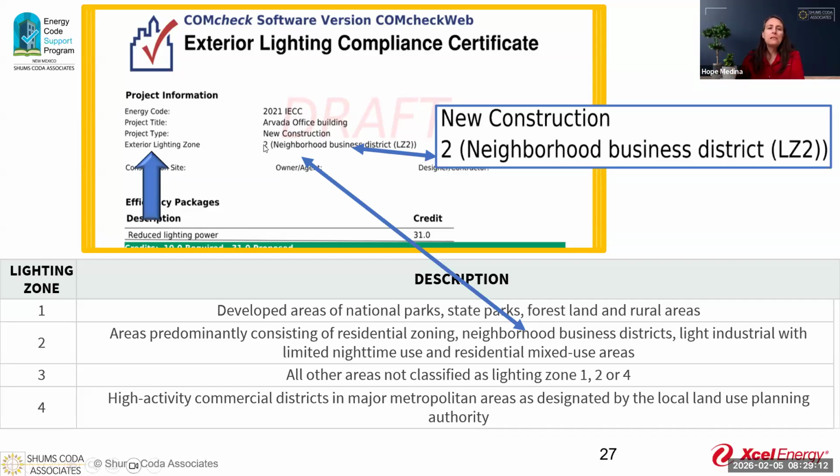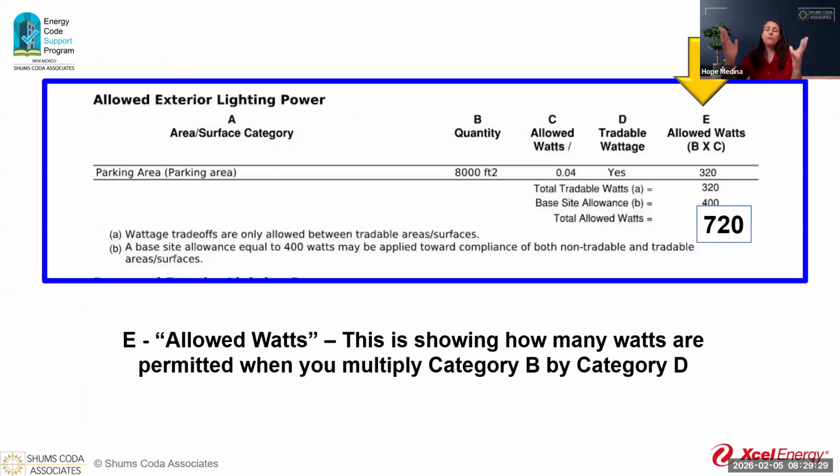So whatever is listed here should match what we have within the table. And this table is in 405.5, but now I can't think of the table number that I want to tell you. Anyway, so the COMcheck is very similar to what we saw on the